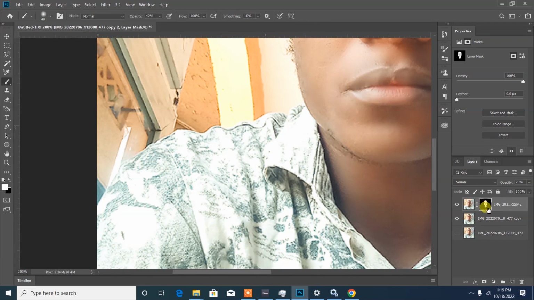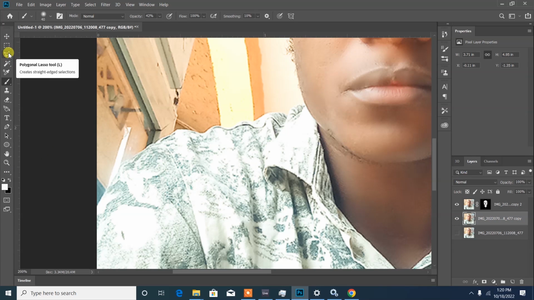Remember the layer mask layer I use for the smoothing. I'm also going to trim the layer that carries the background. I will use my polygon lasso tool and start from this point. Note,